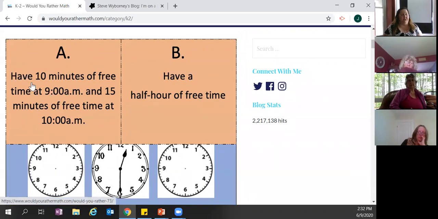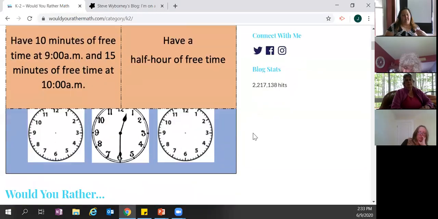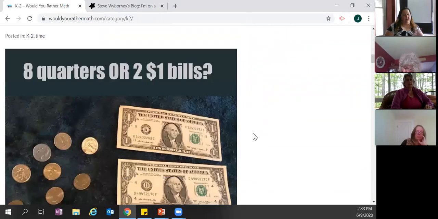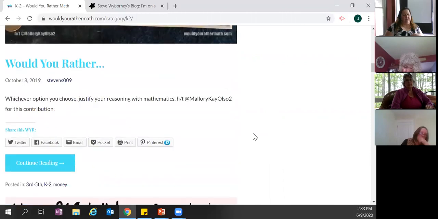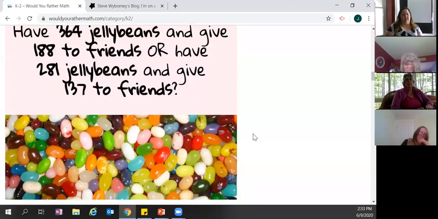So, would you rather have 10 minutes of free time at 9 a.m. and 15 minutes of free time at 10 a.m., or have a half hour of free time? A student might choose the first because they want two options of free time, even though the total amount of free time is less than this one, right? This is the dollar bill and the quarters, but if you scroll down through,